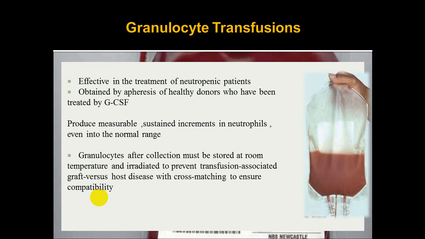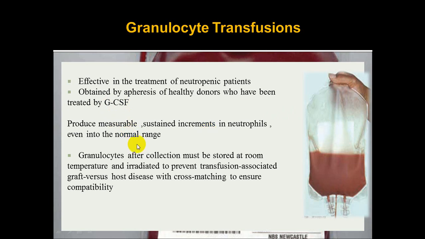Granulocyte transfusion, white blood cell, neutrophil transfusion, is an effective treatment of neutropenic patients, especially those patients taking chemotherapy and having a drop in their white blood cells. It is obtained by apheresis of healthy donors who have been treated with G-CSF. So this is harvested from a normal donor after giving granulocyte colony stimulating factor, which produces a measurable sustained increment in